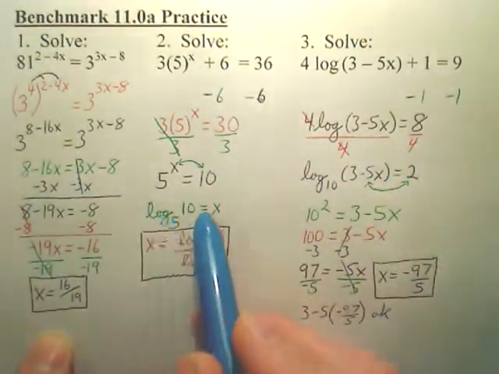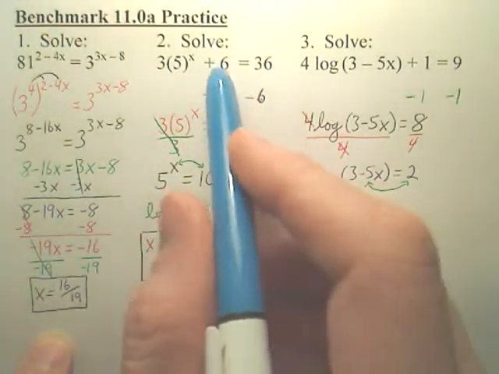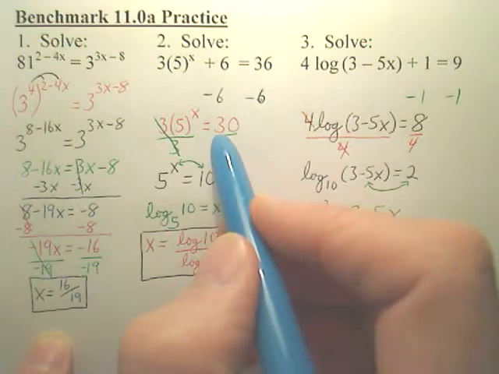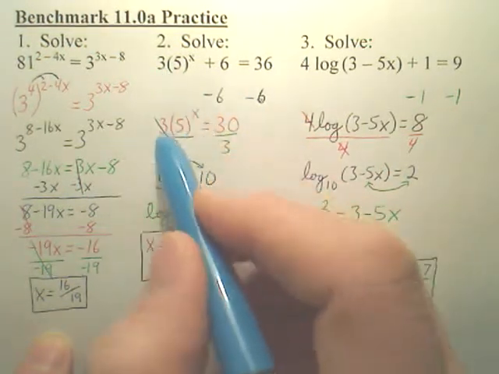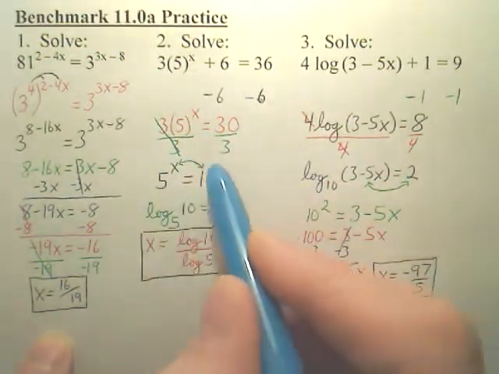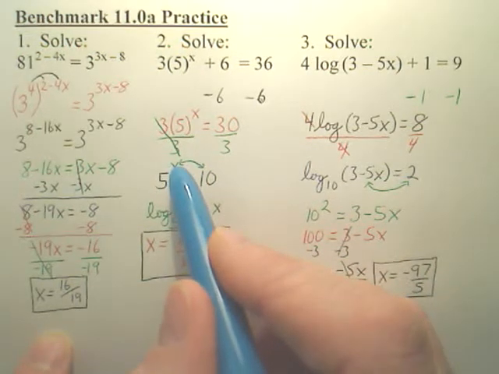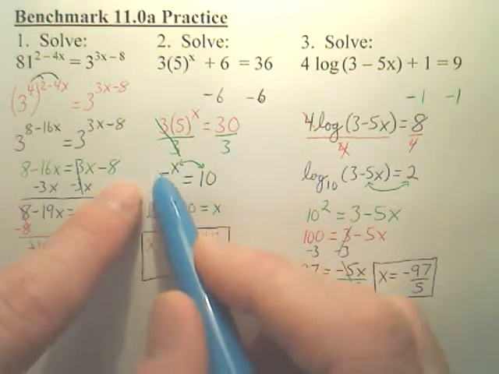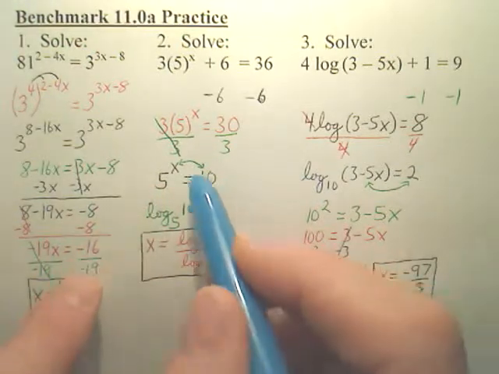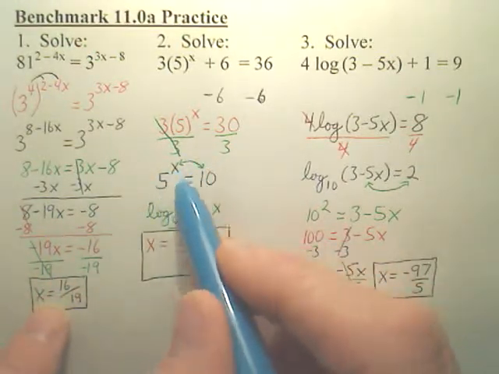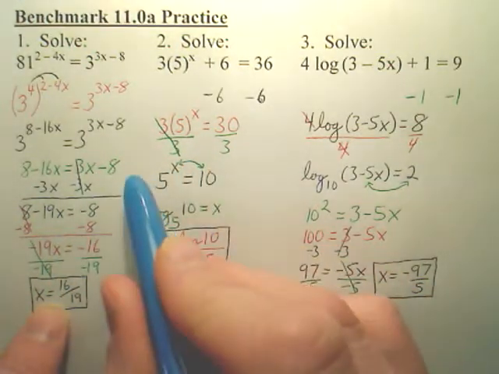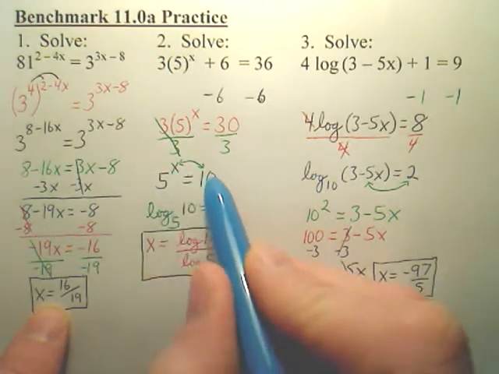This one, we get to a log, and here's why. First step is you minus the 6 over. You get 30. Then you divide by 3. Now once you're in an exponent, and your x is the variable, but you only have one exponent, not one on each side, you're going to want to change this into a log. So what you do is you write the word log in front, switch the x and the 10,